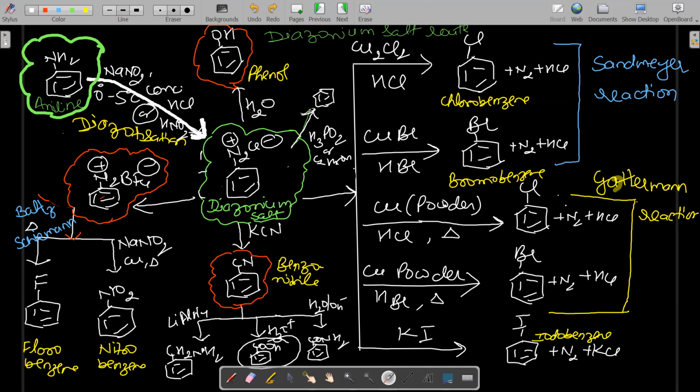Now, what is another reaction from diazonium salt? It's such an important compound. It's a hero, just like Shah Rukh Khan. See, in diazonium salt, you are adding water, you are getting phenol. You are adding reducing H3PO2, you are getting benzene. In diazonium salt, you are adding chloro, bromo, like this, you are getting all the chloro-bromo products. Adding KI, you are getting iodo. If you are adding cyanide, you are getting cyano product.